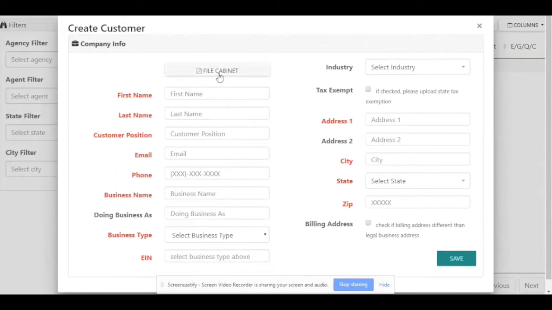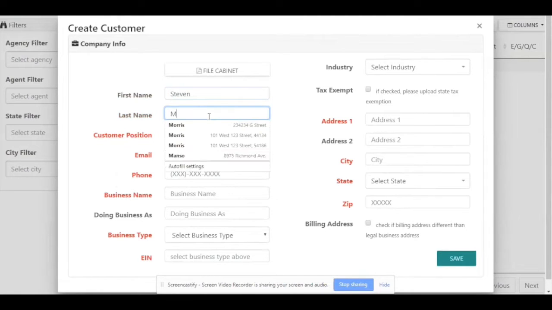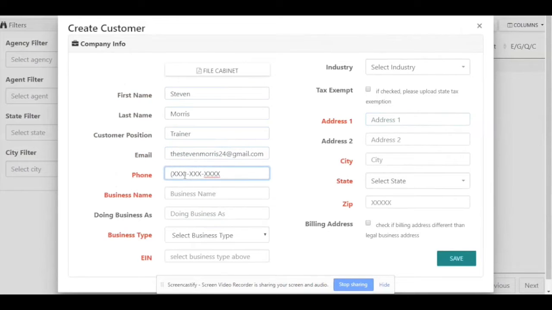Once you're in here, you'll see File Cabinet, and this is where you can upload documents associated with that customer, such as bill copies or tax exemption form if you do check tax exempt. So you're going to enter the customer's info here, first name, last name, their title, email, phone number, their business,